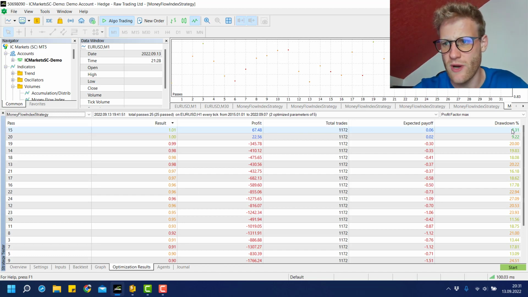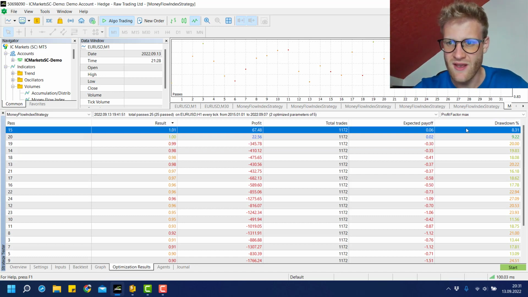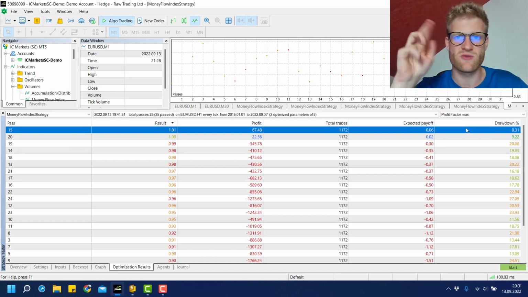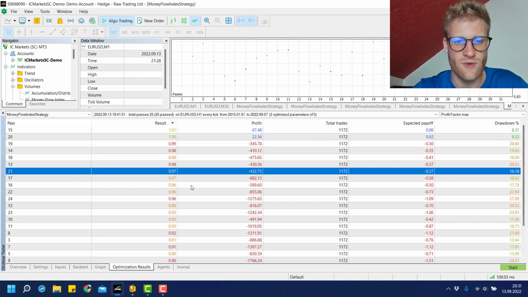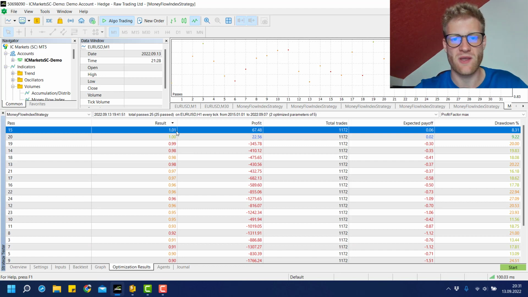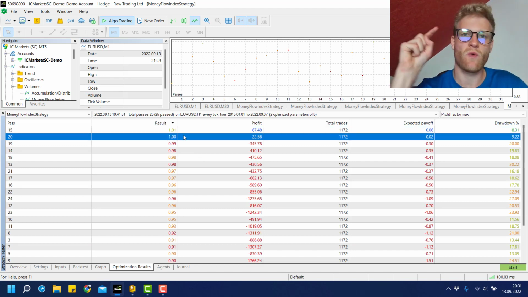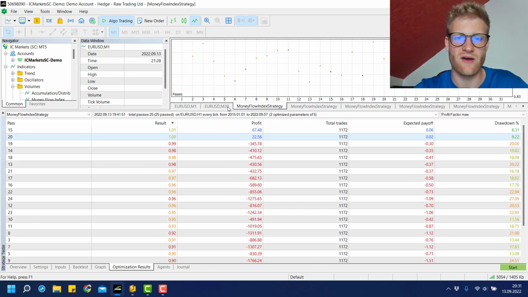And if you are wondering why we cannot see these parameters at the right side where they usually are, this is because I made some changes to the expert advisor after this. And this is what I will explain later on. But first of all, you can see most of these results were not really good, but we still had two positive results. And there was one parameter that I haven't checked yet, which was